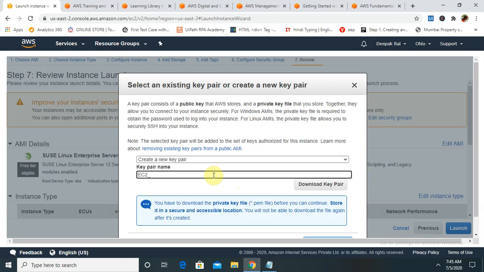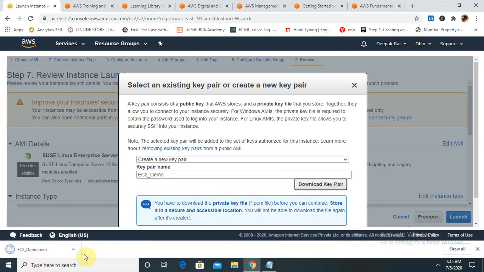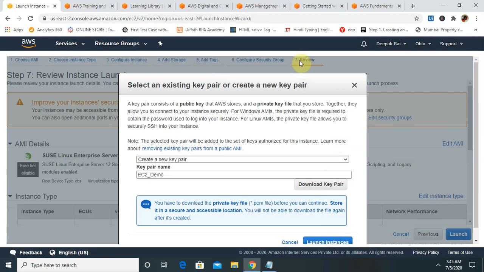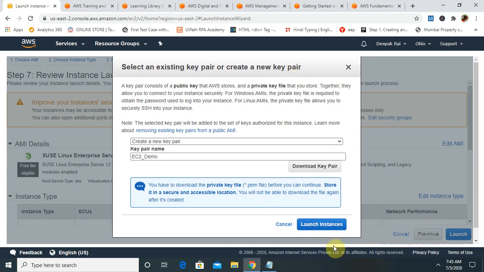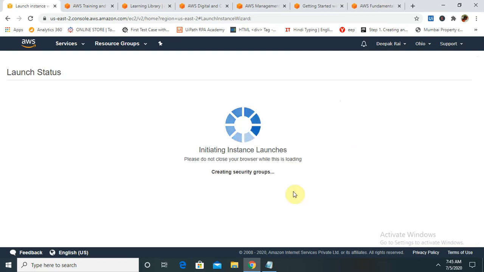EC2 demo. Now you can see the key pair is downloaded. Let me close this, and you can see launch instances.